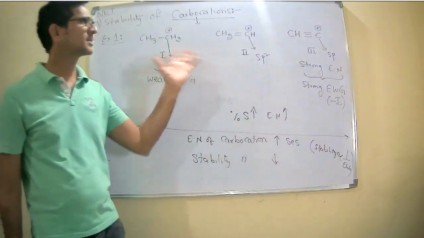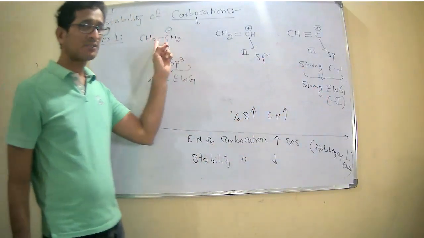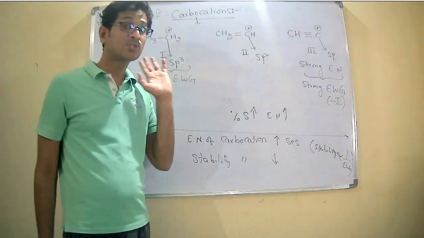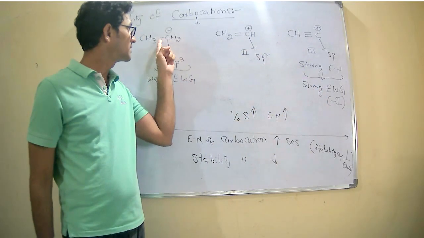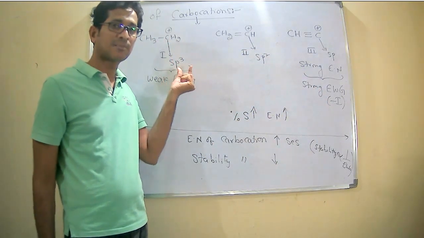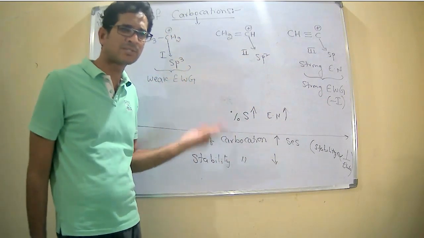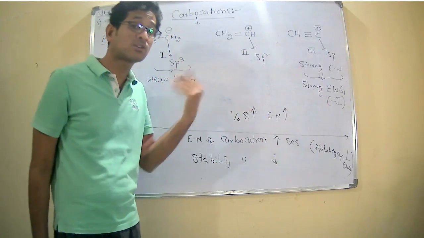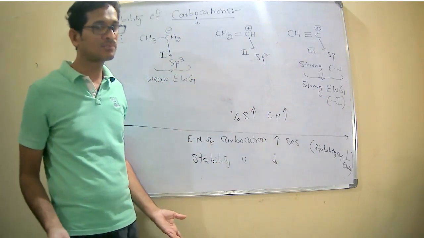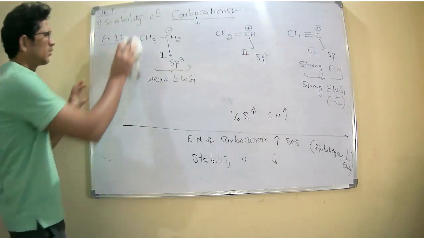If they ask in the examinations which is more stable, always the carbocation which is attached to the single bond is more stable. The carbocation which is directly attached to the single bond is more stable, as it is sp3 hybridized and less electronegative. Less electronegative means more electropositive. More electropositive means electron releasing group, right? Okay. This is example 1.